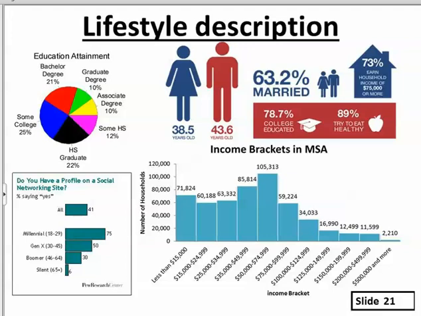Okay. The bar chart across the bottom is breaking out by income, and number of households in that income bracket. So again, some very important information is available to you because organizations like the Bureau of Economic Analysis maintain statistics like this.